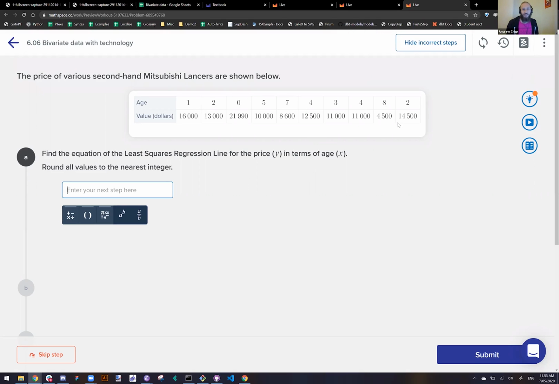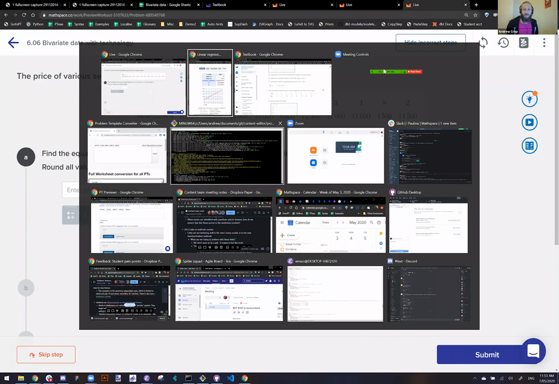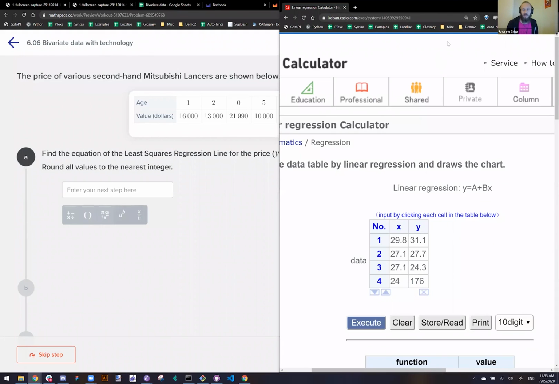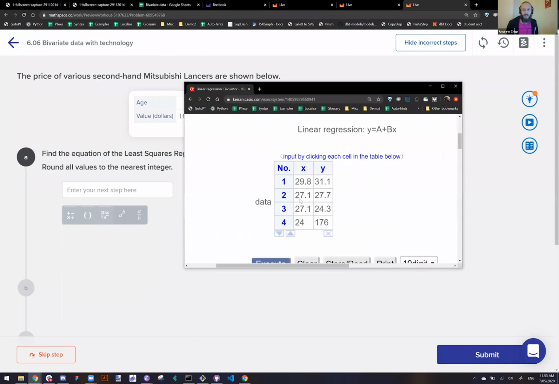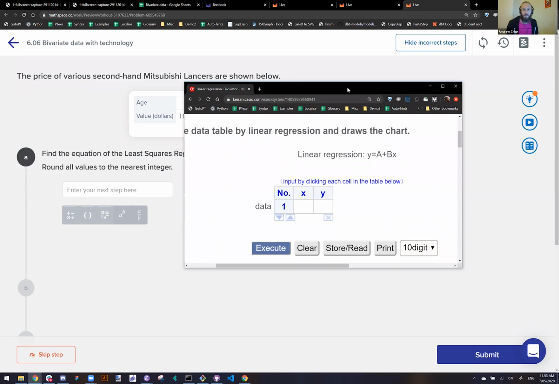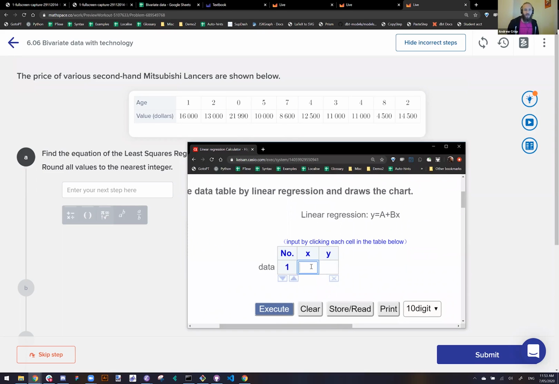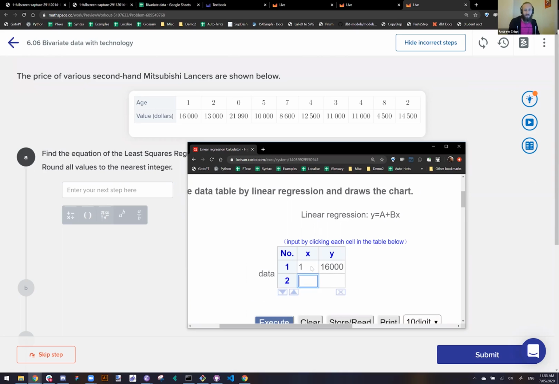Let's see, there's 10 values. Yeah, okay. I'll just do it nice and quickly. I want to actually do it properly this time, not just say, yeah, let's not say I did. Okay, let's do it. So x is 1, y is 1600. X is 2, y is 1300. X is 0, y is 21990. X is 5,